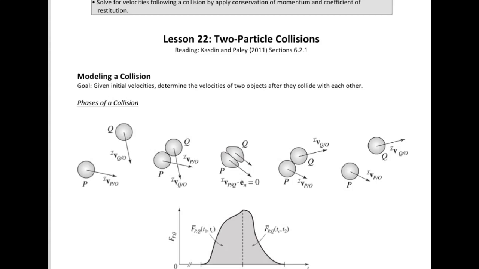So our approach is going to apply what we know about impulse, what we know about momentum, and we'll also make some clever assumptions about geometry and energy loss to model this effect. The reason why is because when objects collide, they deform. We've dealt so far only with rigid bodies, and we're going to continue doing this. This is the only time in which we actually talk about deformation, but we're going to characterize that in terms of